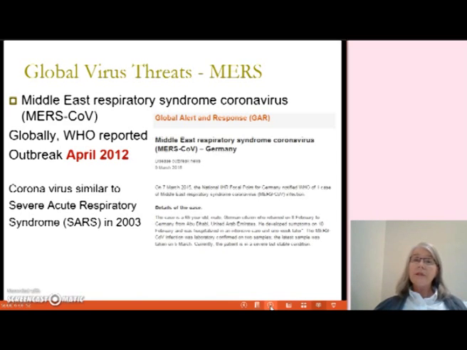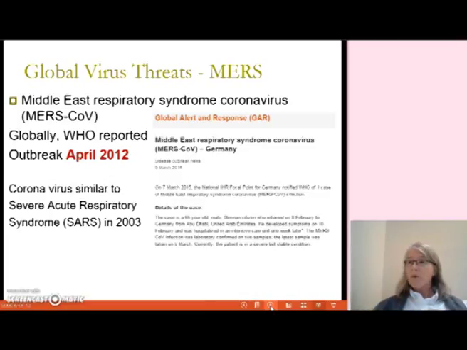Other viral threats, I mentioned MERS. It's Middle East respiratory syndrome, a type of coronavirus. The outbreak was first identified, and the virus was identified as a brand new virus that no one has ever seen before, in April 2010 and 2012. The coronavirus is very similar to the severe acute respiratory syndrome, SARS, and I'm familiar with that in that it